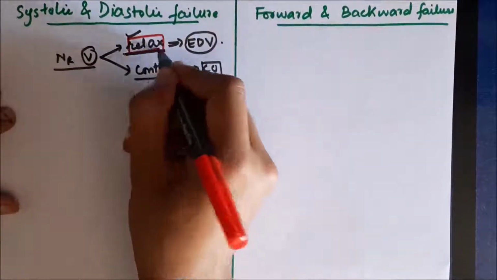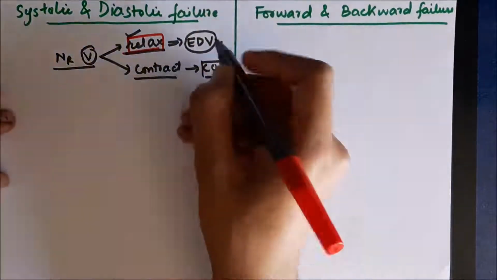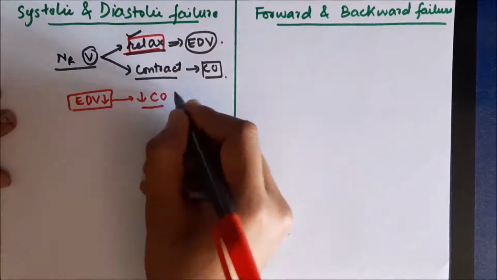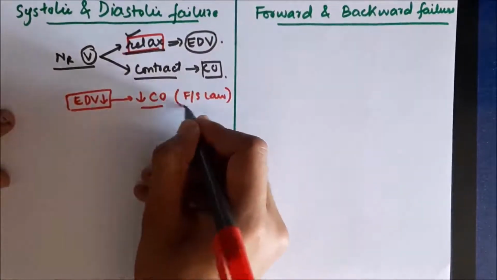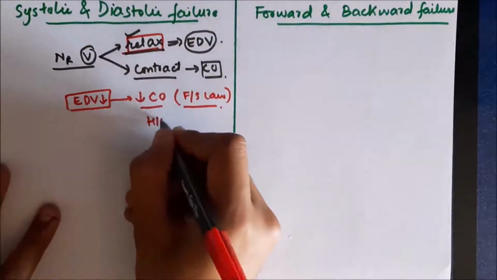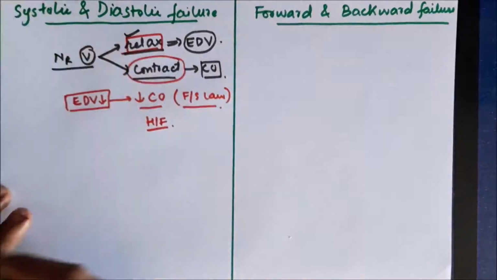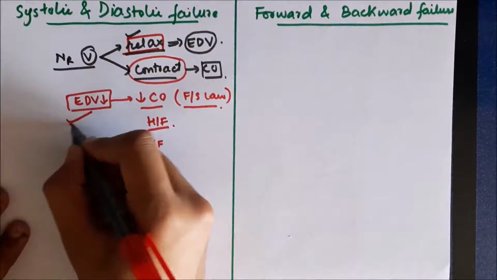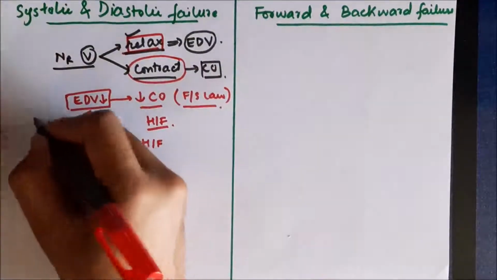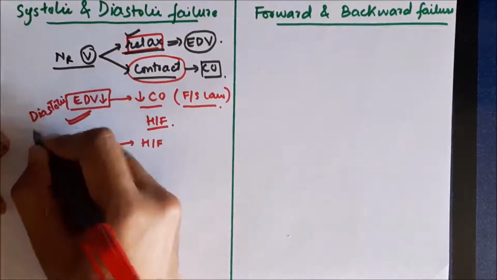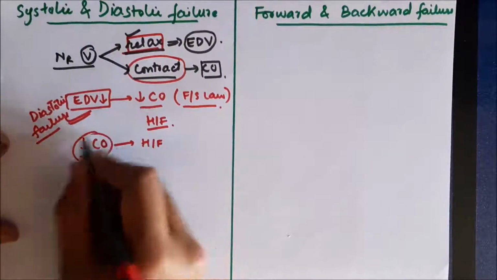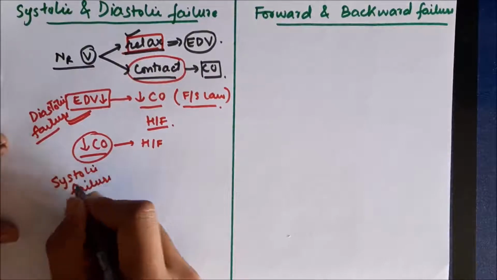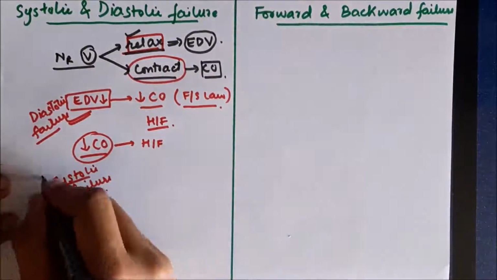Now, if due to some reason the ventricle is not able to relax properly, there will be decreased end diastolic volume. And whenever end diastolic volume decreases, as per Frank Starling law, the force of contraction of the heart also decreases, and there is decrease in cardiac output, which results in heart failure. Now, in some cases, the heart will not be able to contract, so there will be decrease in cardiac output, and that will also result in heart failure. However, the first condition is due to a defect in diastole, so it's known as diastolic failure, and the second condition is due to defective systole, and this is called systolic failure.